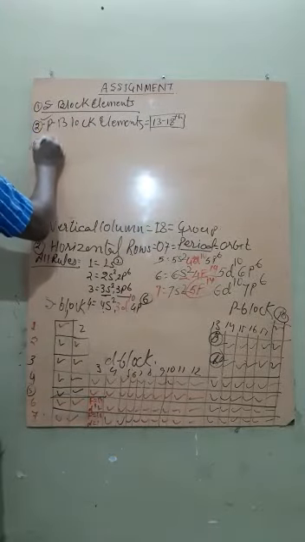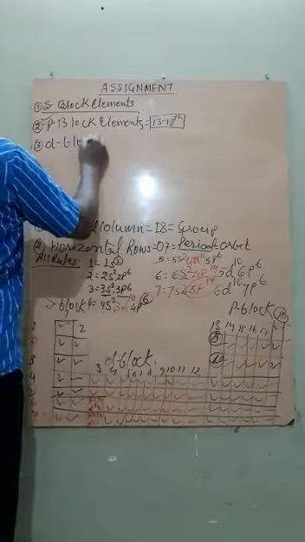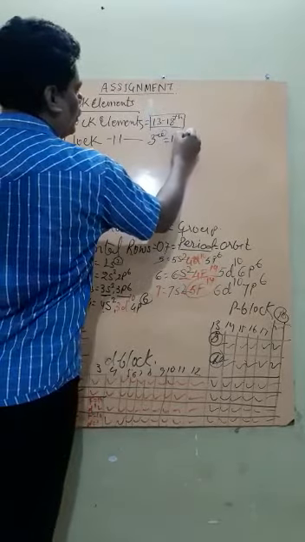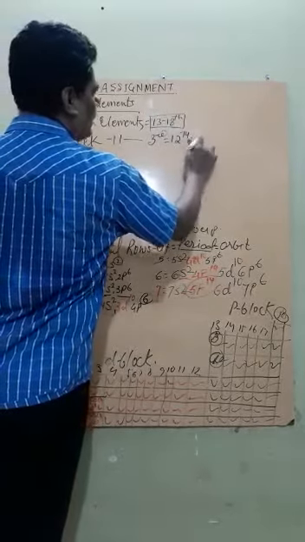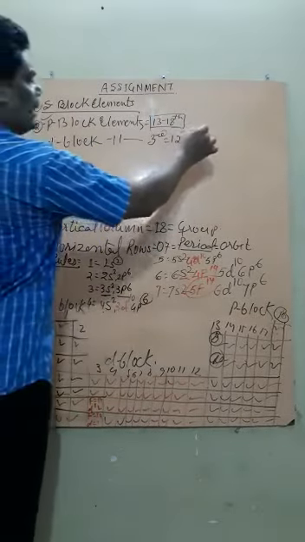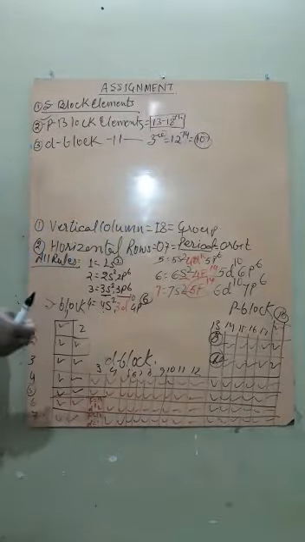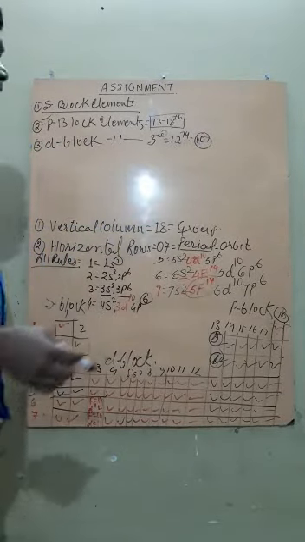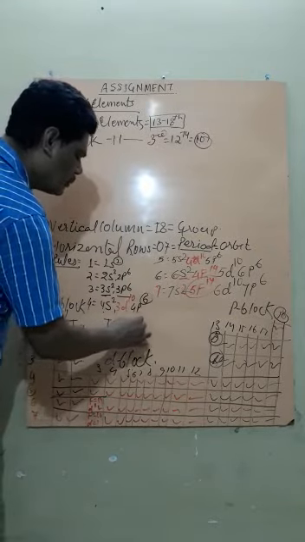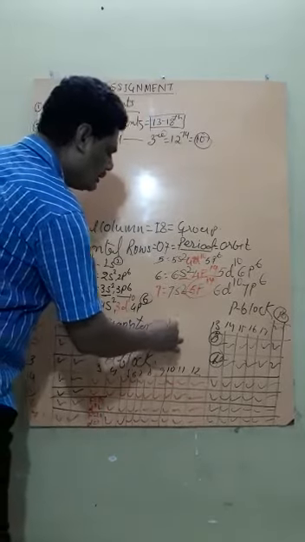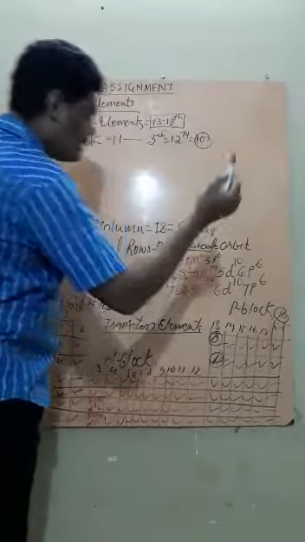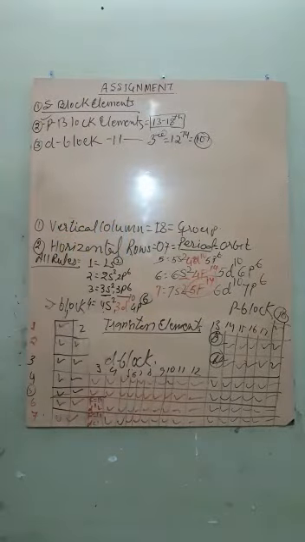Then the third one is called the D block elements. It is from group number 3 to group number 12. A total of 10 groups are there, therefore we are writing D10. It is because 10 orbitals are there in the D subshell. Is it clear? These D block elements are called transition elements. For 11th class we can call all the elements transition elements. For 12th class there are some exceptions, but they are called transition elements.